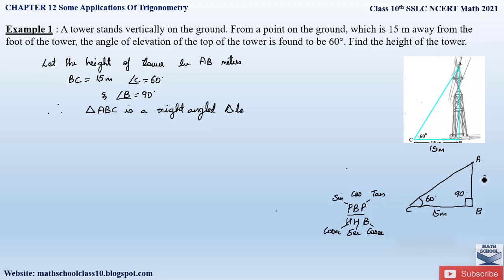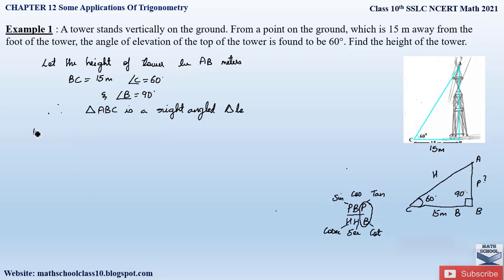Since ABC forms a right angle triangle, AC is the hypotenuse. Since angle C is the acute angle, the side opposite this angle C will be our perpendicular, and the side along it will be the base. Since we have to find the height AB, which is the perpendicular, and we also know the base, we will consider these two sides, perpendicular and base. When you look at the perpendicular and base ratio, we have to consider either tan or cot. Tan here is perpendicular by base and cot is base by perpendicular. So let us take the tan trigonometric ratio here.